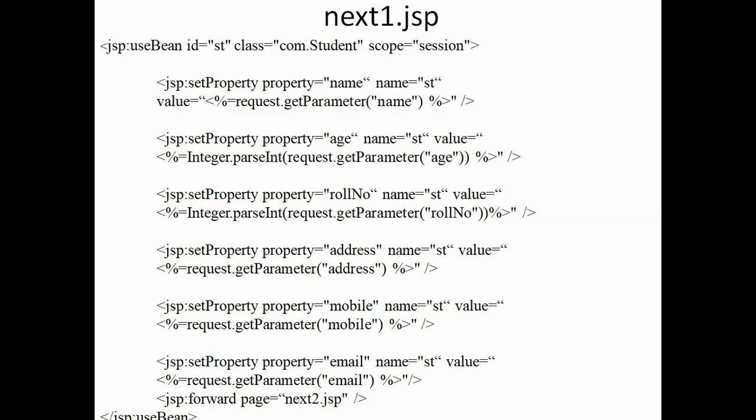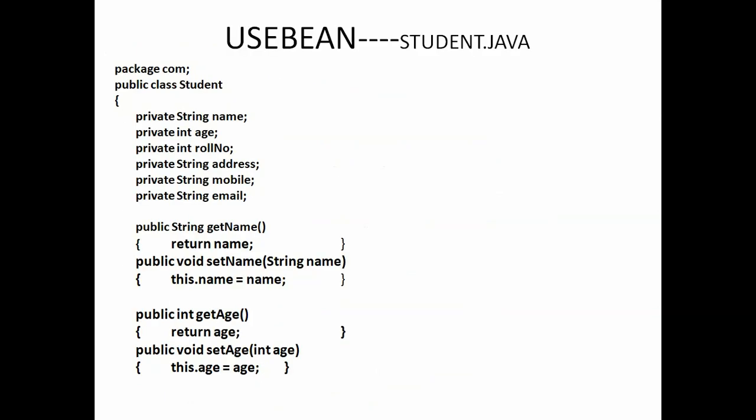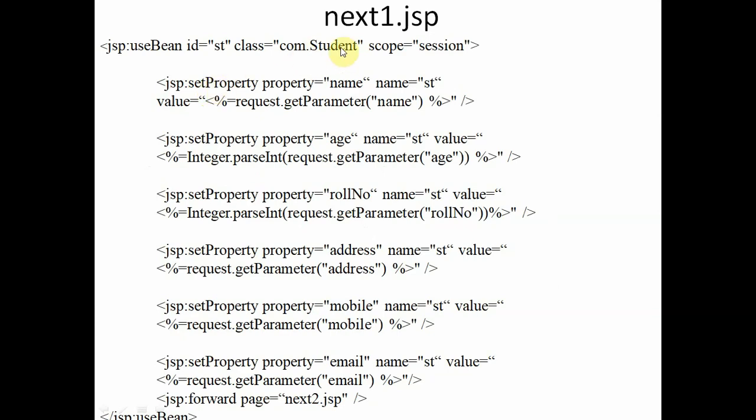So we have two types of Java Bean, Session Bean and Entity Bean. In the case of entity, we will write scope equals entity, but here we have written scope equals session. So com.student. Now what is com? com is the package name and student is the class. You can see in the program that com is the package and student is the class. So we will write here com.student. This class represents the student class which is inside the com package, and st is the object of this student class.